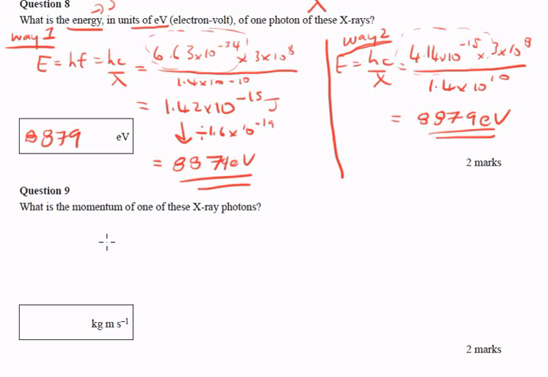The momentum of a photon, p, equals h over lambda. Now for this, you have to use h equals 6.63 by 10 to the minus 34. So if you're going with way 1 and you're always using this Planck's constant, there'd be no confusion here. But if you weren't very skilled, and you just don't know when to use one Planck's constant or the other, and you accidentally put the 4.14 by 10 to the minus 15 in here, you get the wrong answer. So that's why I'm cautious about using it this way. You have to really know when to use it. This can only be used in a case when we're calculating energy. Anyway,